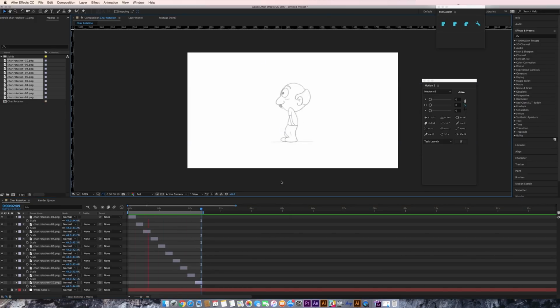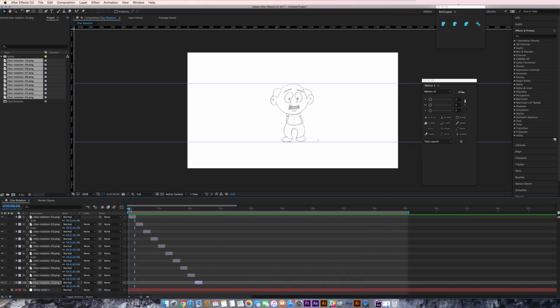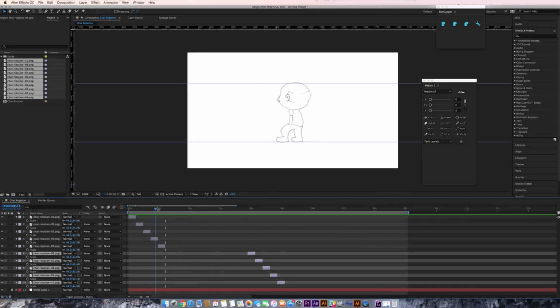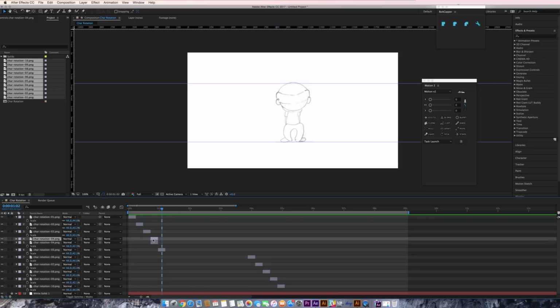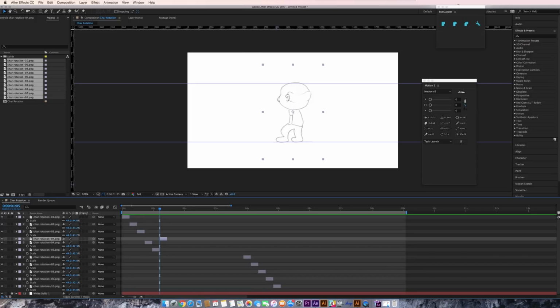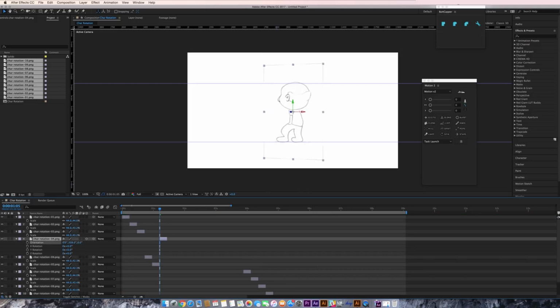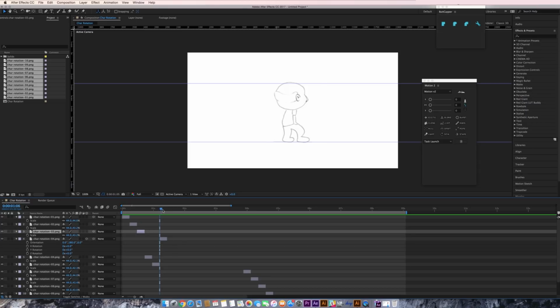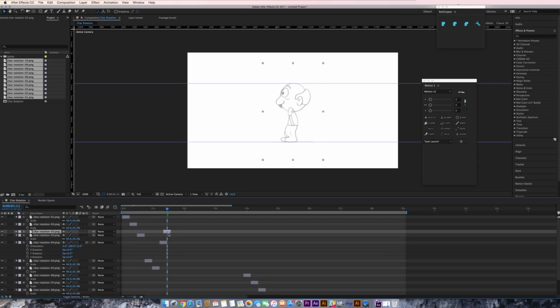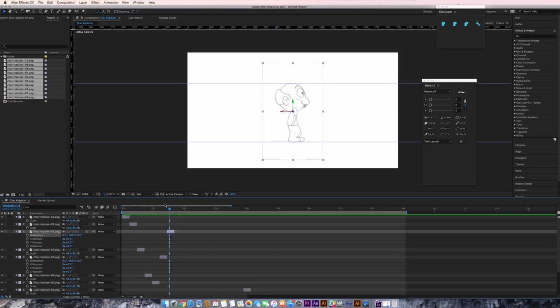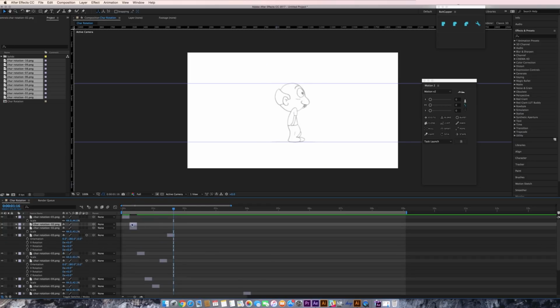Now we have the character moving around half the circle. Move these colored illustrations aside for now. I want to reflect this layer to the complete opposite direction. For this, I'm going to make this layer a 3D layer and rotate it 180 degrees in the Y direction. The same with the next layer. And also this layer.